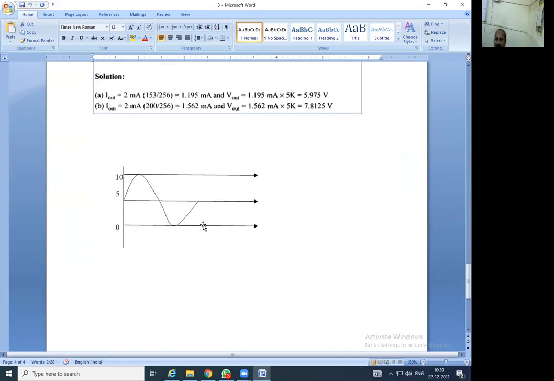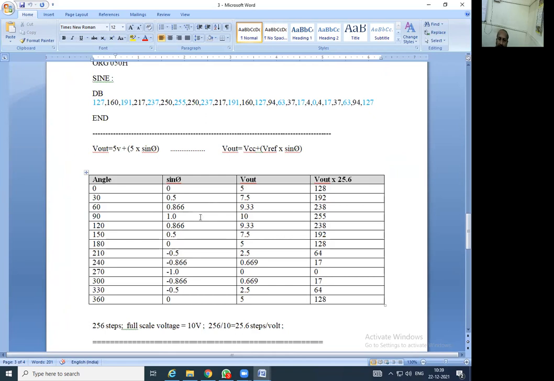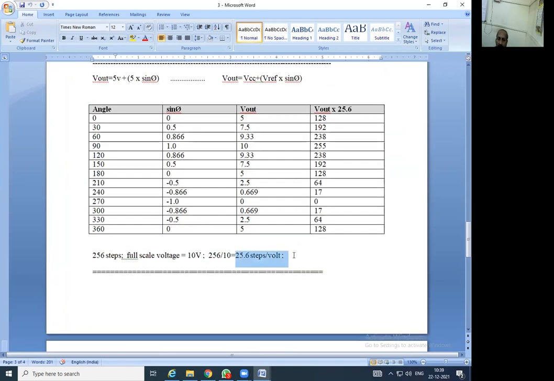So it is the 0 line. In that, it starts from this 5 and the maximum will be 10, and again it goes in the reverse direction, up to this 0 line, and it will reach to the 5. Like this, the waveform we are trying to generate. For that sake, this particular table is there, and this is the step size for that.